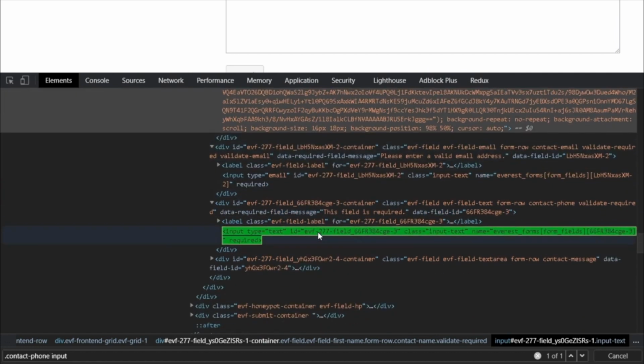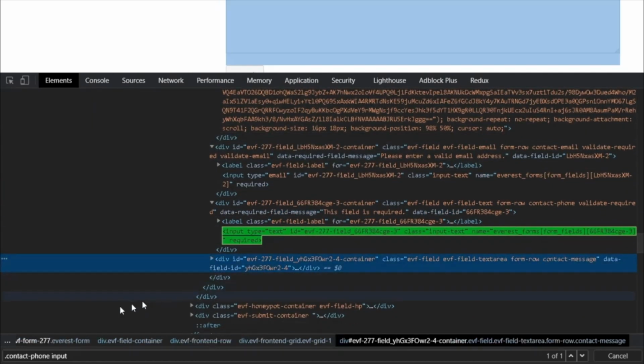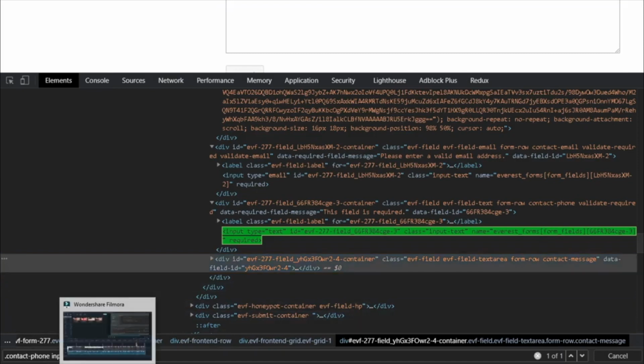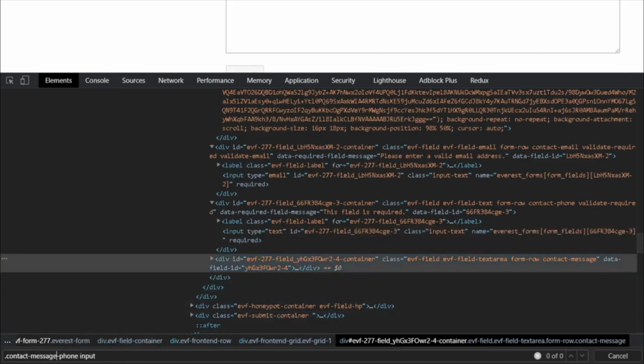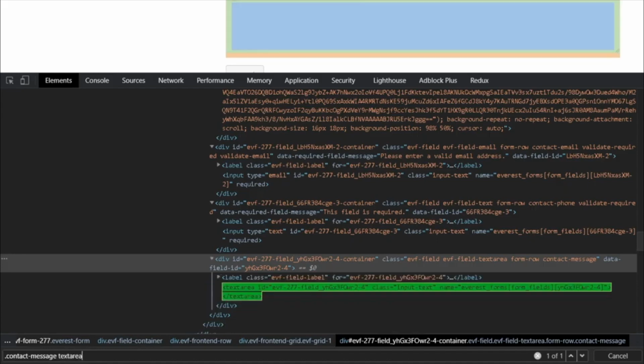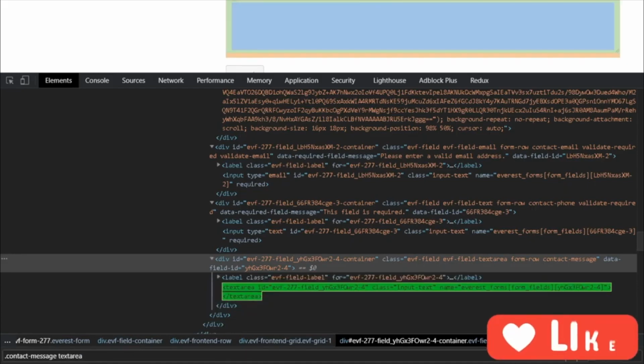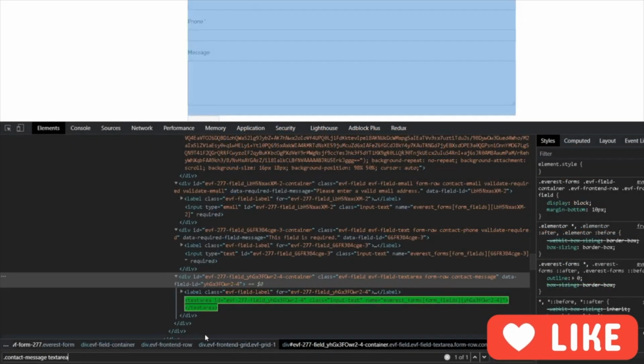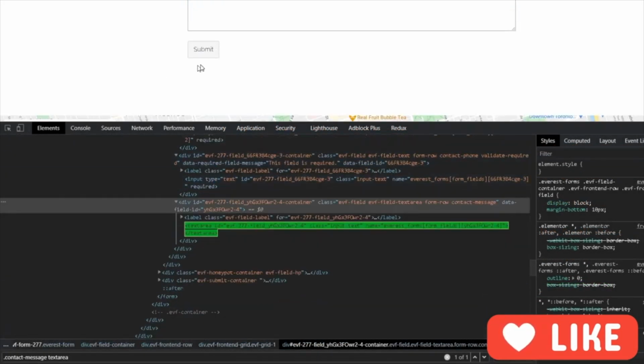And the next one, I believe, should be text area. So yeah, contact message and the text area. So I'm going to change this one to contact message. And this should be our text area. Yep. All right. So there you go. So we have all of these. So I'm going to copy these selectors, and then I'm also going to make sure that I have the selector